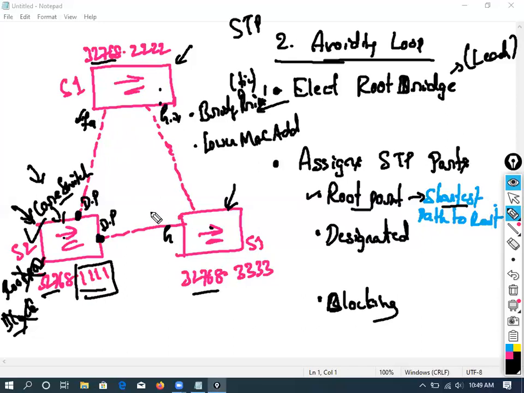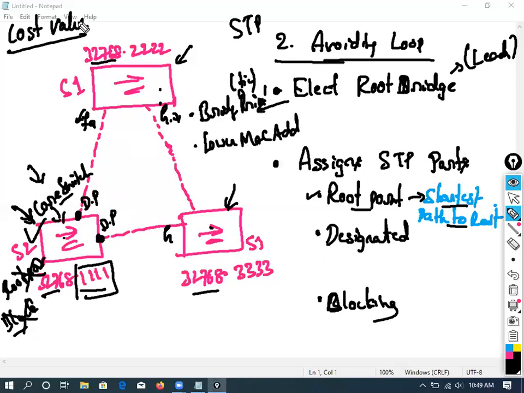Is it clear? Now you take an example of 100 MB data, or let's say 1 GB data, for example. Here it may take like 10 seconds, but here it will take only 2 seconds to reach. Are you getting my point? So now this could be the shortest path, even though it has to cross one switch or maybe two switches, because that's a high-speed link. Is it clear? So the shortest path will always be calculated based on cost value. That is considered as cost here. Cost value.